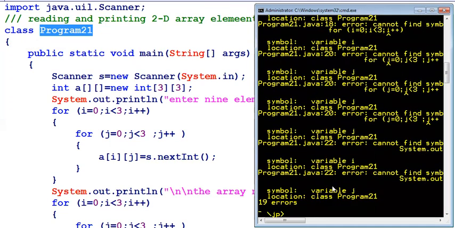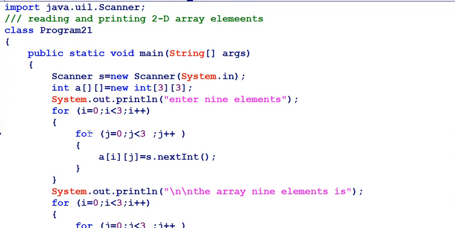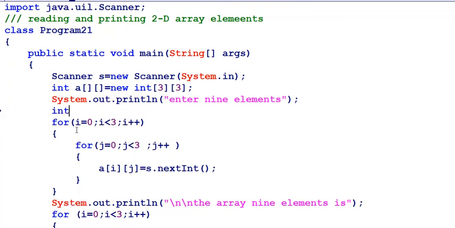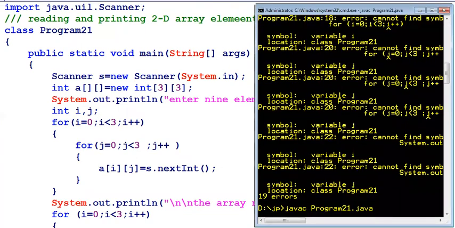Oh, a lot of errors. Now here the i and j values are not declared. How to declare them as local variables? Because I am using them in three places, i comma j. This is the only problem.